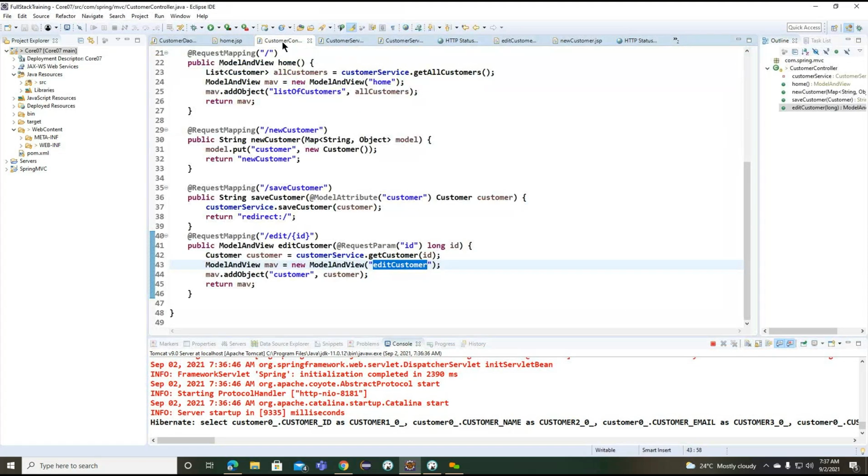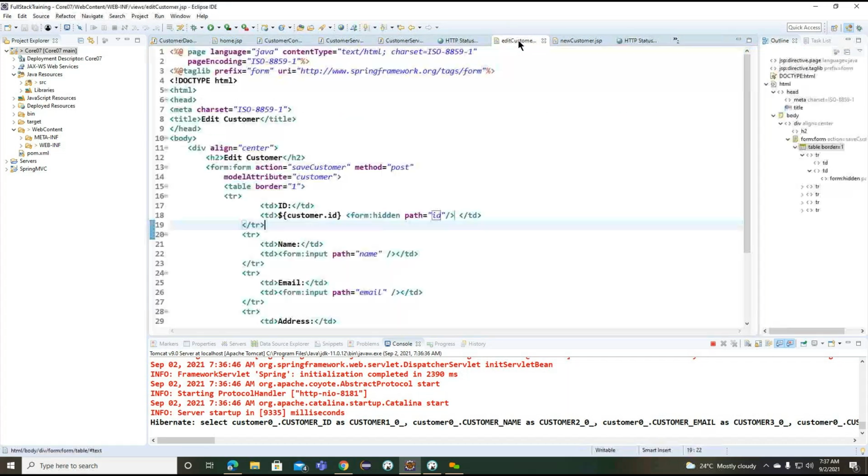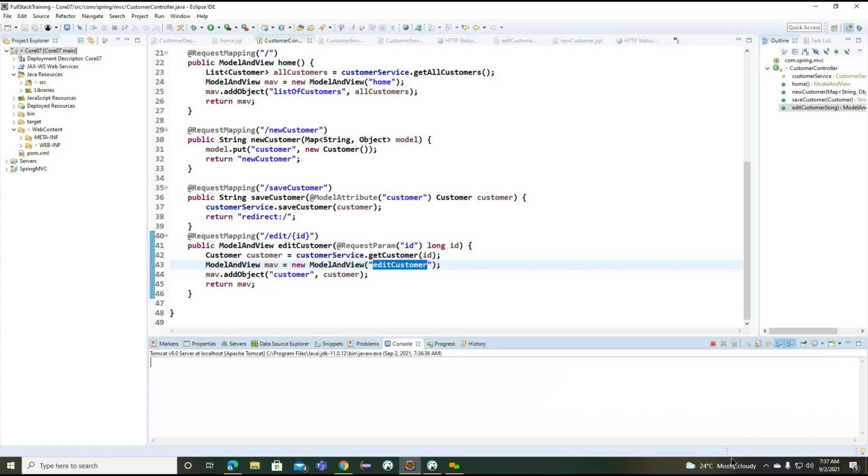So what we created in the controller, why is this particular page not identified here? Okay, after edit, I'm giving the same information only. But what happened?